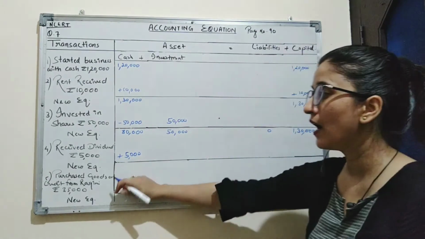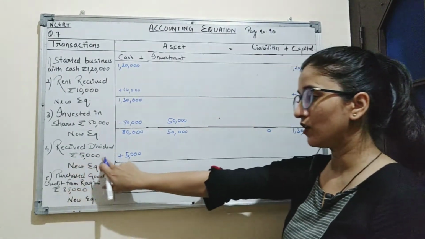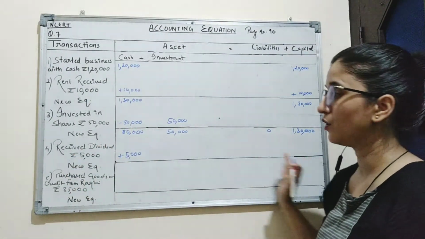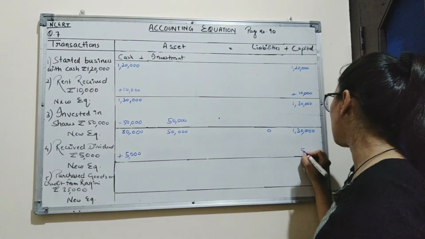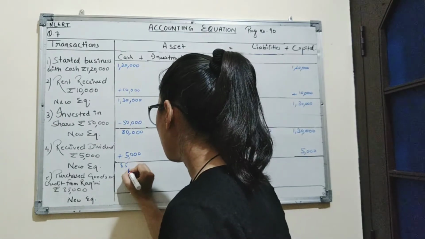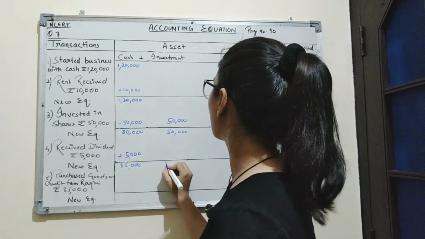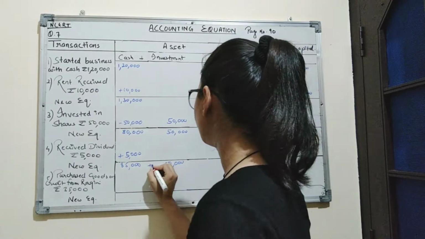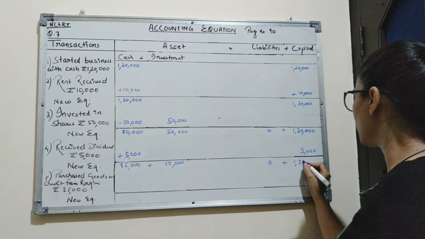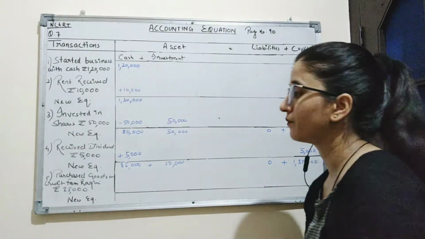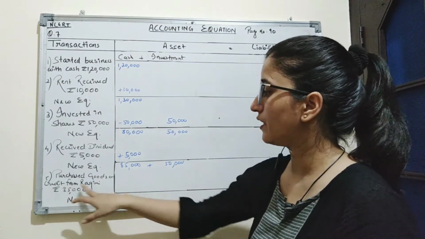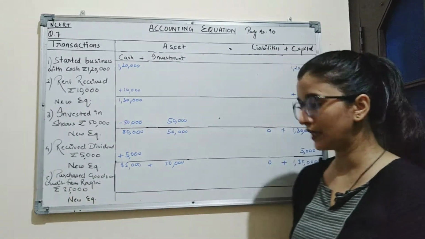in the cash column. At the same time, income is a profit for the company, and this profit increases the capital also. So we will add 5,000 on the capital side also. So here we will get cash amounting to 85,000, investment amounting to 50,000, no amount of liabilities, and capital amounting to 1,35,000. Next transaction is purchase goods on credit from Ragini amounting to rupees 35,000.